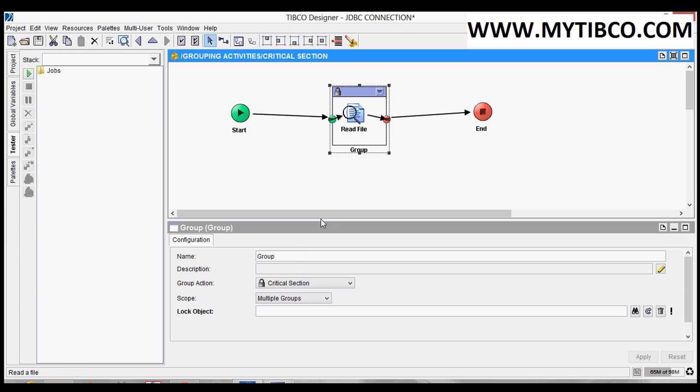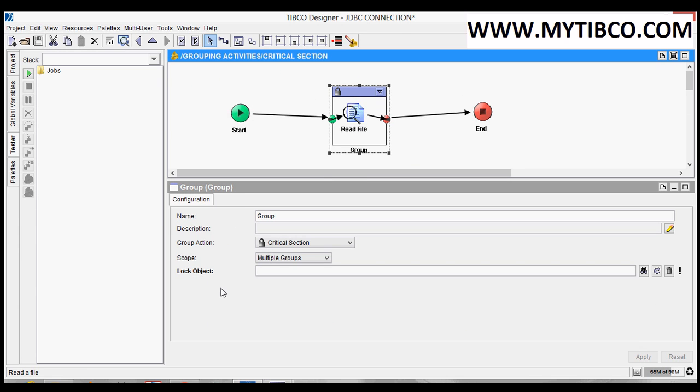Now I want to explain what a lock object is. Now the multiple groups are in our same engine. There is also a scenario where two different BW engines, in different domains and different systems, are trying to read a single file.